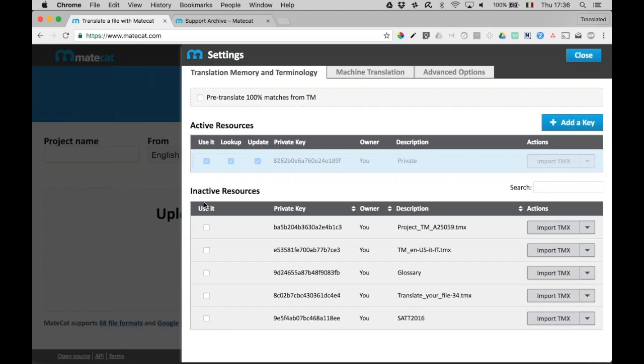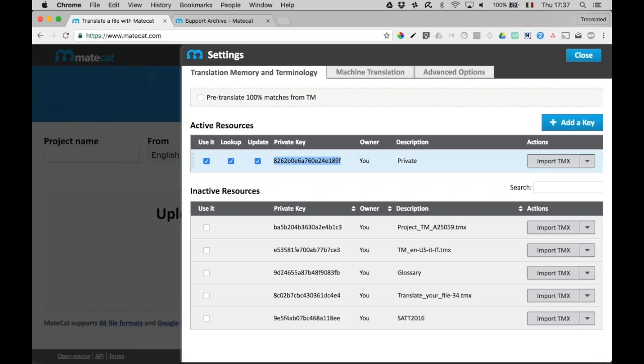Here, you may see a list of private resources, inactive resources. When you add one of these to your projects, you're basically saving, if the update feature is enabled, just like in this case. So disabled, enabled. If the update feature is enabled, you are saving your translations into that private TM. That means that it's only available to the person who has this key. Okay? So you keep the key private and you have access to the data. Of course, the data resides on our servers. It means that we need to keep a copy of that data in our databases and servers to provide the service.